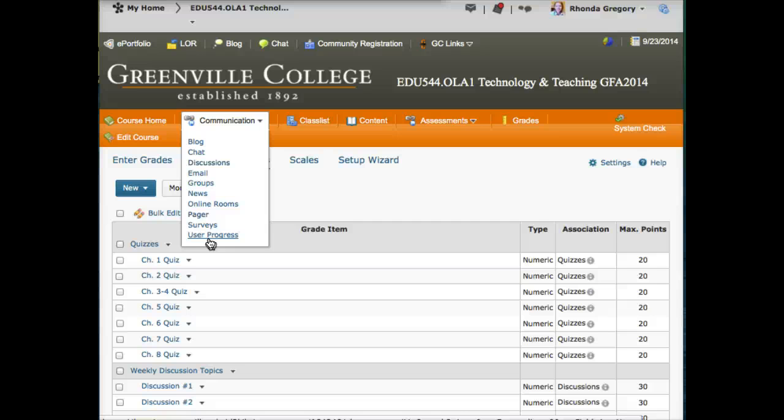So if you've only looked at 2 of the 4 content area topics, it will tell you that you've got 50% completed as far as accessing material. It also repeats information to you about grades and gives you information on rubrics and assessments that have been applied when I was calculating your grade. So the user progress tool is very helpful, full of information as the class gets started and you start working through everything. So feel free to use that and reference that.